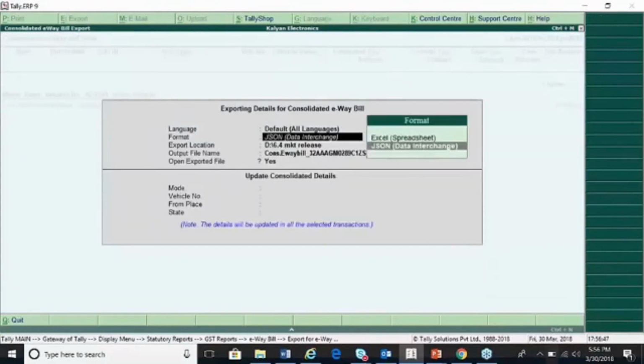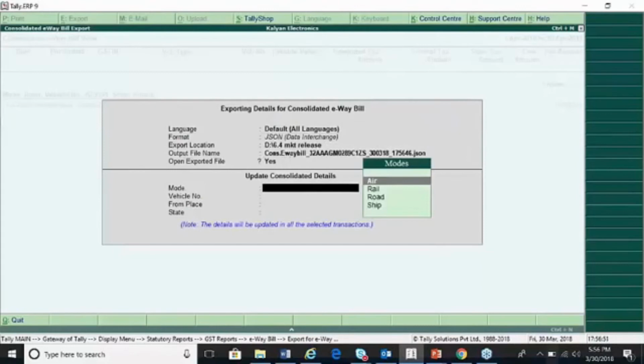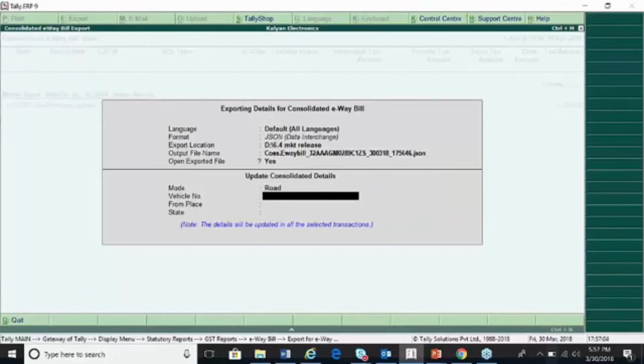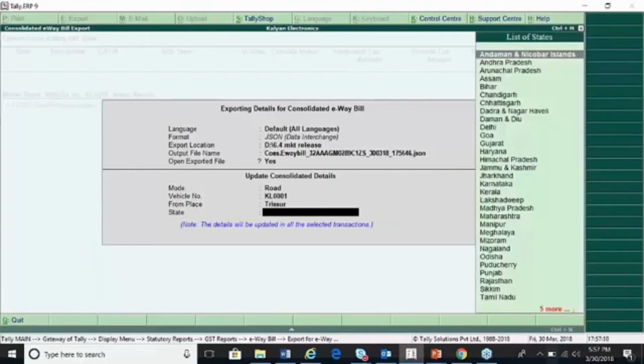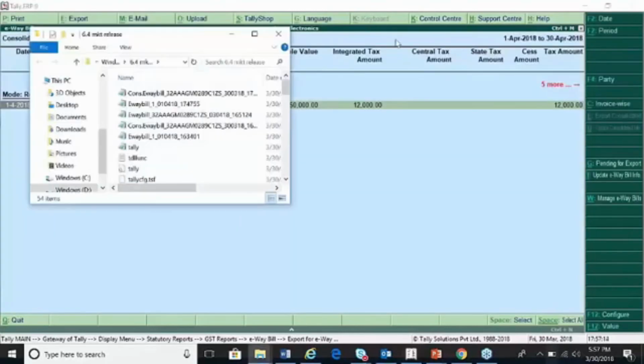So you're pushing all the individual e-way bill details to get a single consolidated bill, where all the consignments are moving in the same transport vehicle, the transporter is the same and the mode of transport is the same. So you set the road, vehicle number, and the place, it is from Thrissur, Kerala.